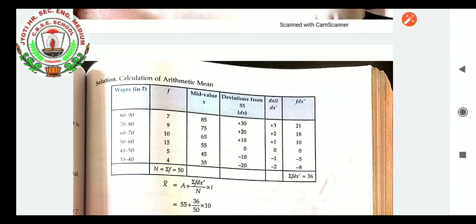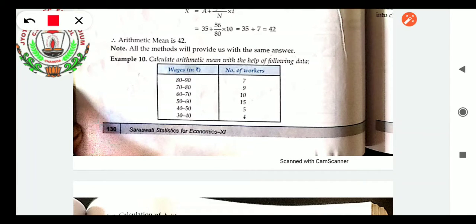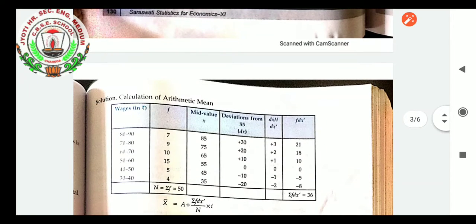Here one student is having a doubt: this data 80, 90, 70, 80 and 60, 70 is in descending order, but nothing happens with this data. This question can be explained the same as the other questions we were doing, only that you have to take the mid value, as I already introduced to you, that is L1 plus L2 divided by 2. So 80 plus 90, 170, divided by 2, we got 85. 70 plus 80 is 150, divided by 2, 75. This way we got the mid values.